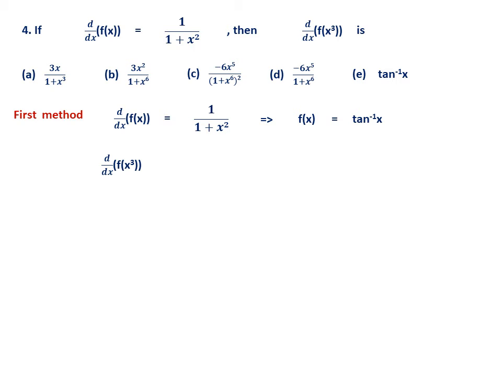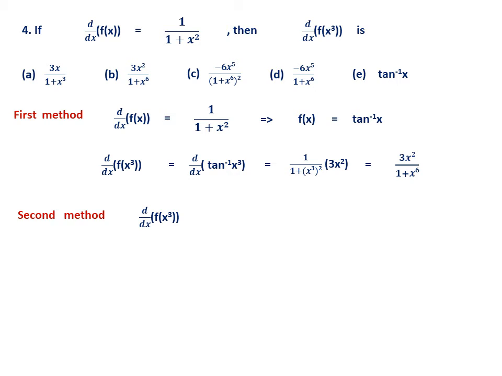Therefore, the question is what is d by dx of f of x cube? It is the same as d by dx of tan inverse x cube. Tan inverse x cube can be differentiated using the chain rule. So this will be equal to 1 by 1 plus x cube square into 3x square. Therefore, the answer is definitely 3x square by 1 plus x6. So this is one method. But sometimes this method may not be useful, because instead of 1 by 1 plus x square, suppose they give, say, 1 by 1 plus x4, then you can't use this method. So we should also know a general method for this type of question.